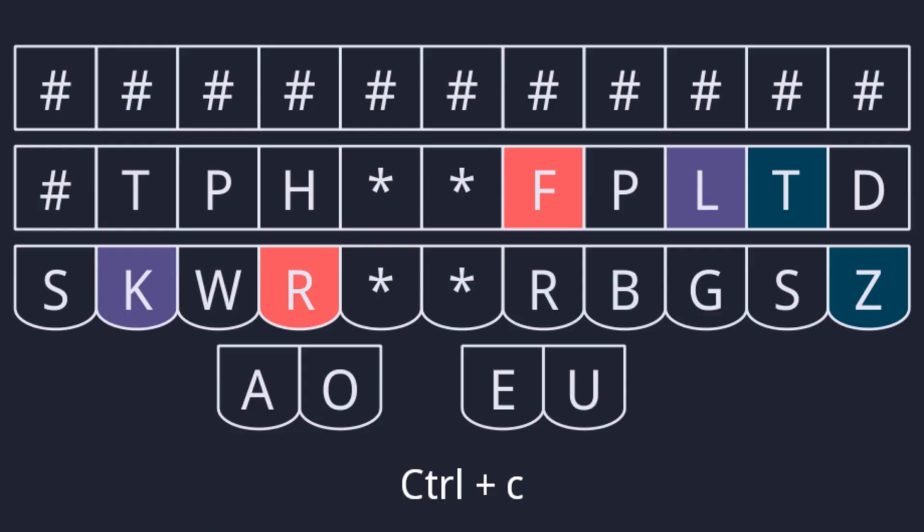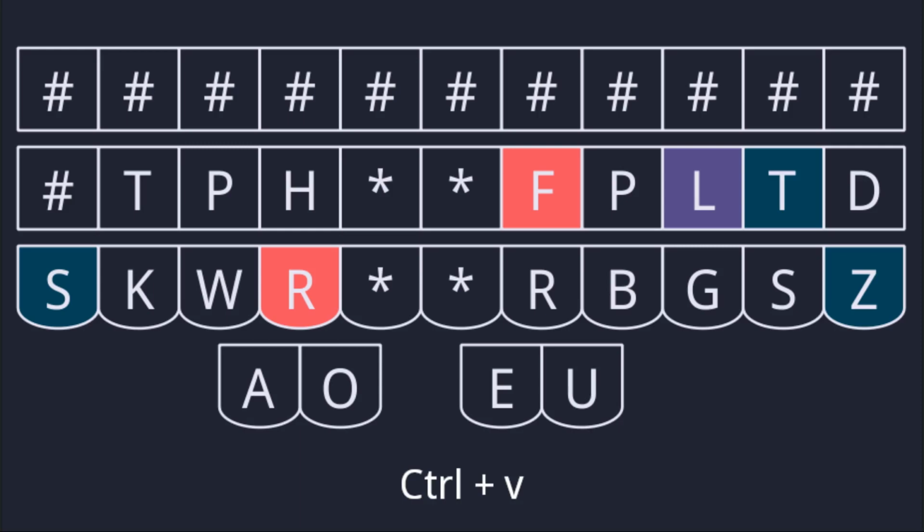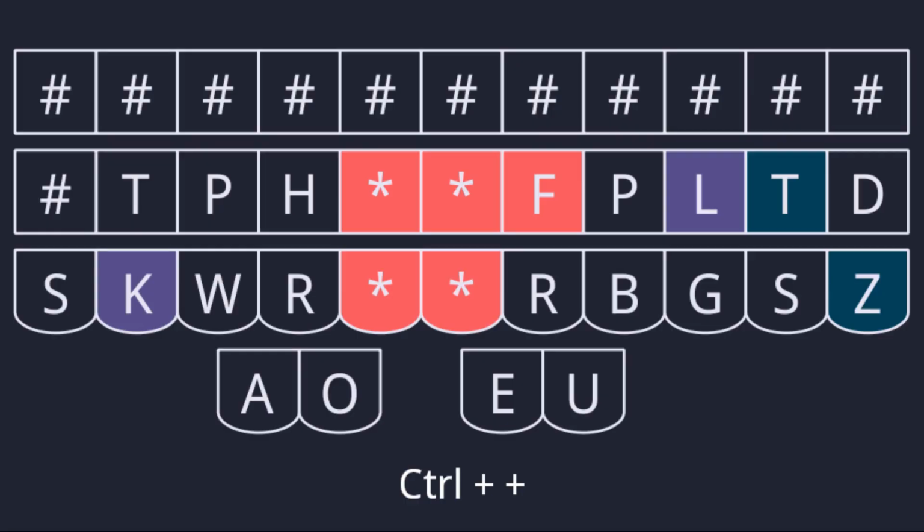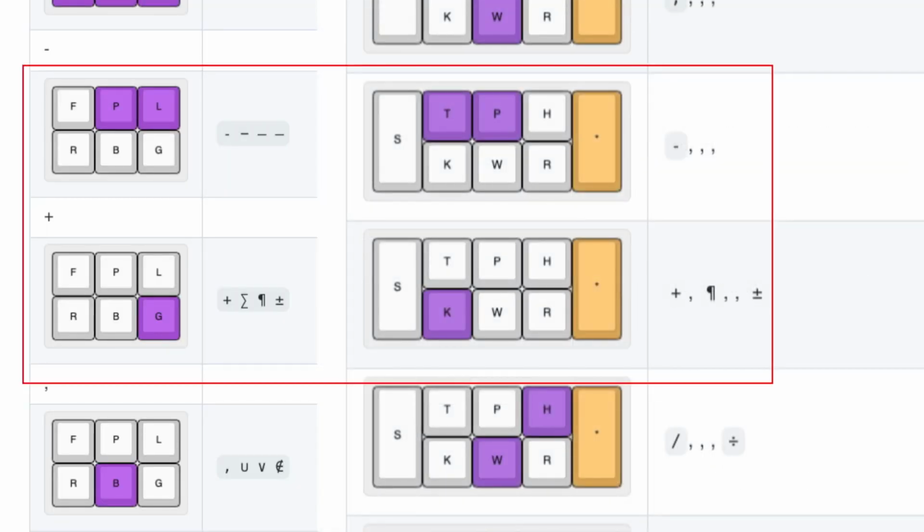For keyboard shortcuts that use regular letters, the left hand will press down the fingerspelling chord without the asterisk. So to chord Control C, I would press down KR on the left hand. For Ctrl V, the right hand stays the same, but I press down SR on the left hand, since that is the fingerspelling chord for V. If the asterisk is pressed, it specifies a symbol which will correspond to a mirrored chord in her symbols dictionary. So to write Control hyphen, such as if I wanted to zoom out in a browser window, I would use this stroke. Similarly, Control plus would be stroked like this. Note how these symbols are the same chords as used in the symbols dictionary, they are just mirrored to be used on the left hand.